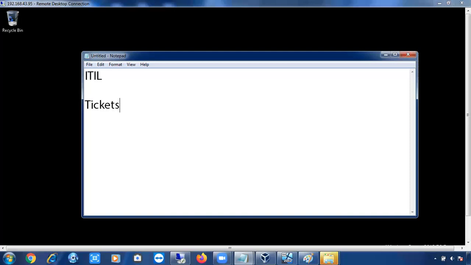Or else sometimes it will go like this: a common ticket will be raised for all of the teams. What process have we followed till now before installing SQL Server? We have created a virtual machine, right? Then we have installed the Windows operating system, right?